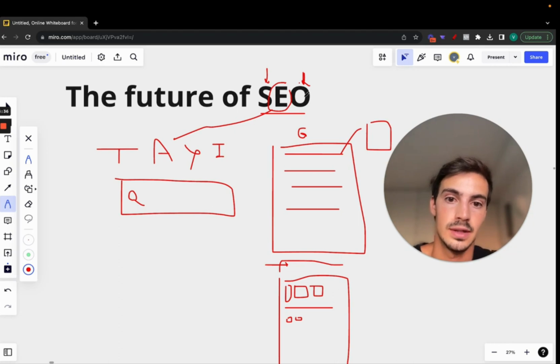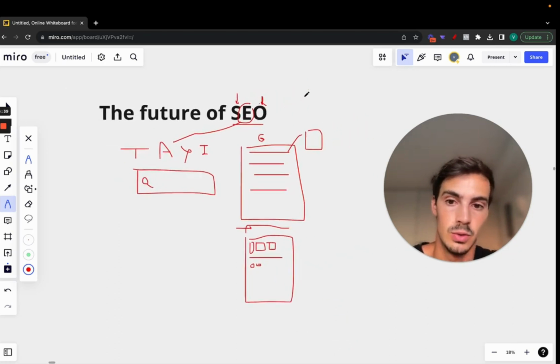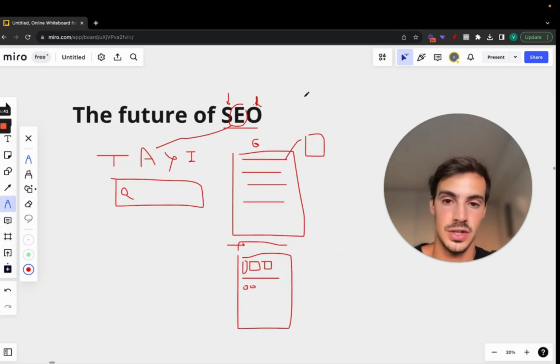In my opinion, if you're an SEO agency, a search engine agency, you might want to start to diversify the engines, right? The engines being TikTok, Amazon, YouTube, Instagram, Google, Bing. You might want to diversify the engines where you optimize the website for search, right? So that's where I see the future going, right?